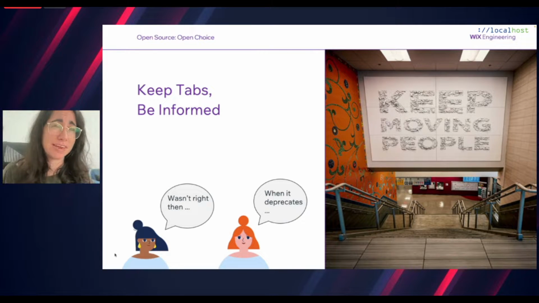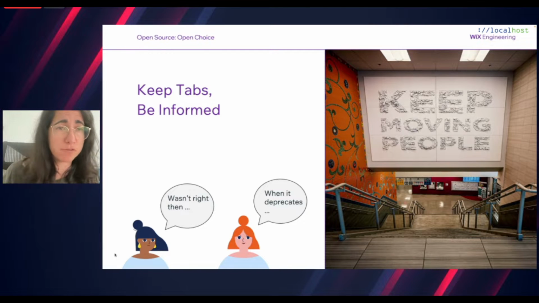Another thing, this is generally speaking true for DevOps, but also for open source. We need to keep tabs and be informed of what's going on. And I will give you an example. I found an open source project, and version 1.0 is not that suitable for my use case. The features are not exactly what I need, and maybe there's also a bug that needs to be fixed, and I can't really afford introducing this bug to my environment. So I should keep watch on that project, and maybe version 2.0 will be much more suitable for my use case, and maybe that bug was fixed, and then it will be much more what I need, right? So this is one example.